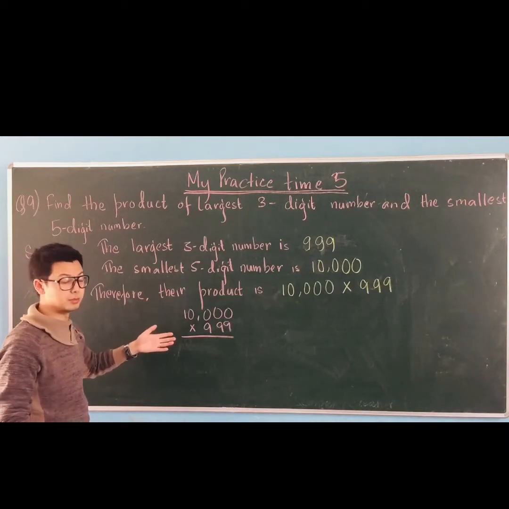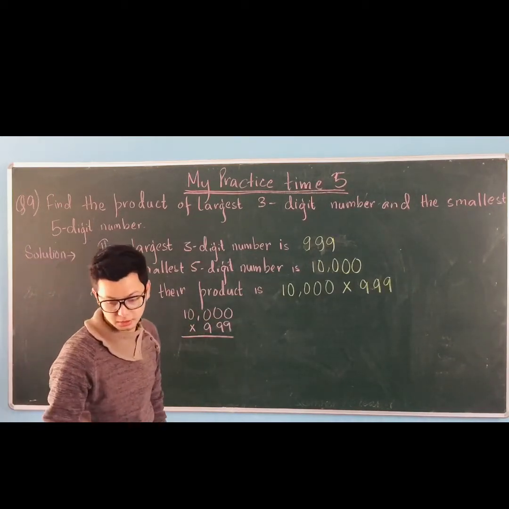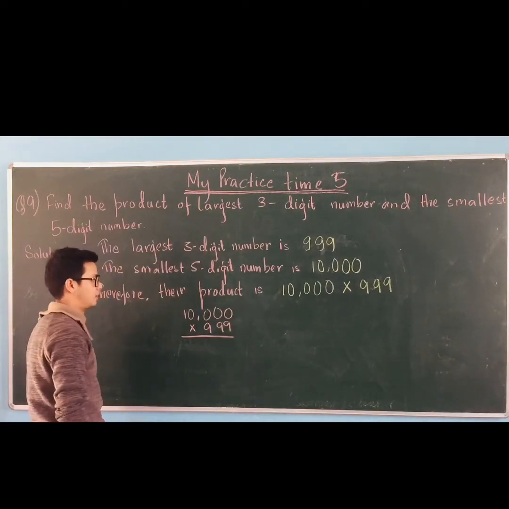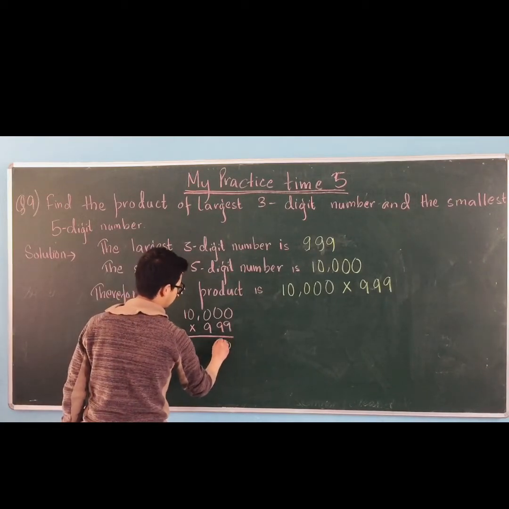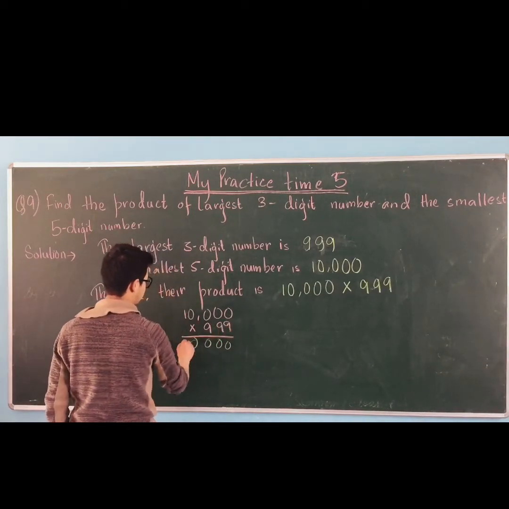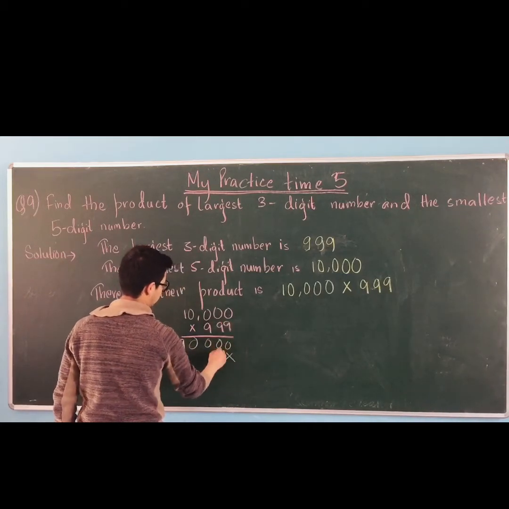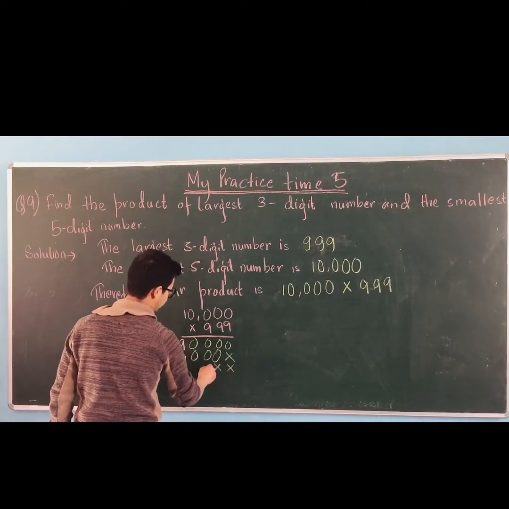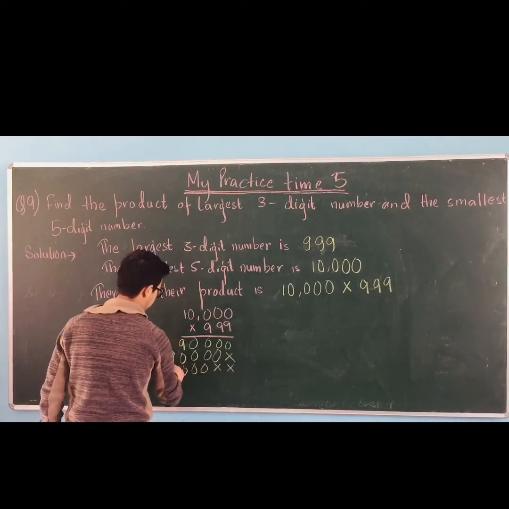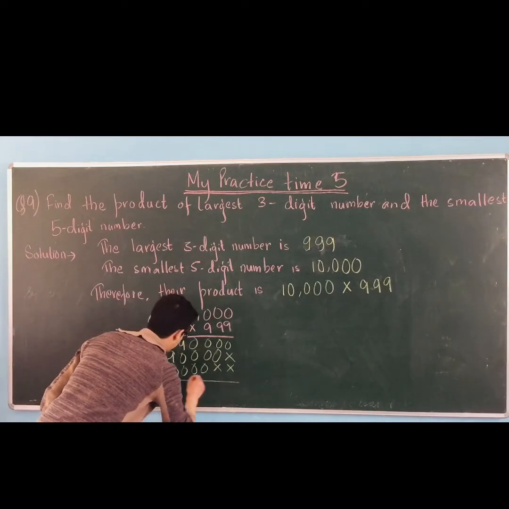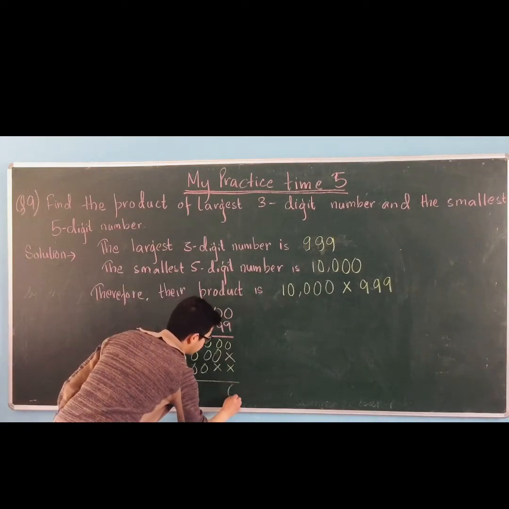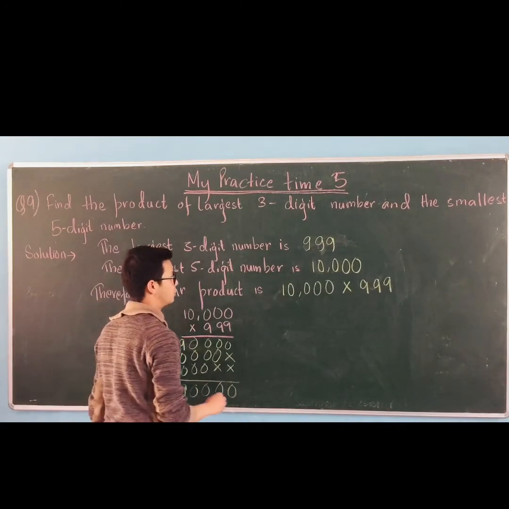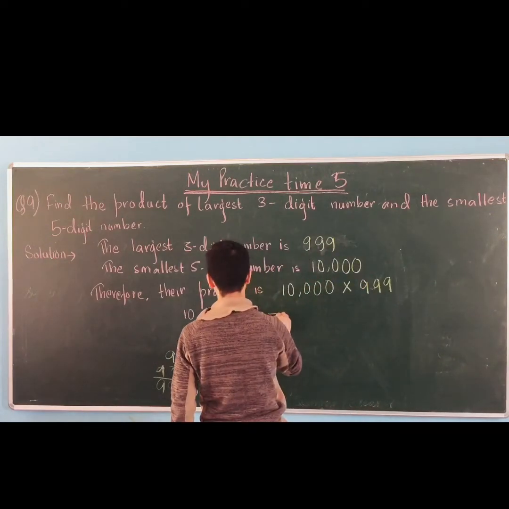Now the question is asking you to multiply, so we will find the product. Therefore the product is 10,000 into 999. So 9 into 0 is 0, 9 ones are 9. Taking cross, 9 zeros is 0. Taking double cross, 0. So you just have to add these 0, 0, 0, 0, 9, 9, 9, which is equals to